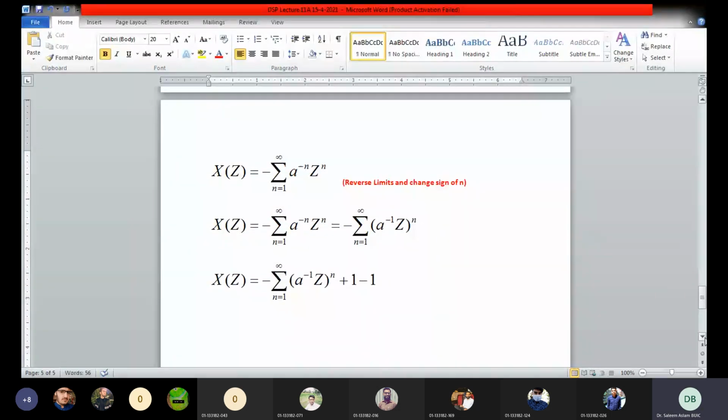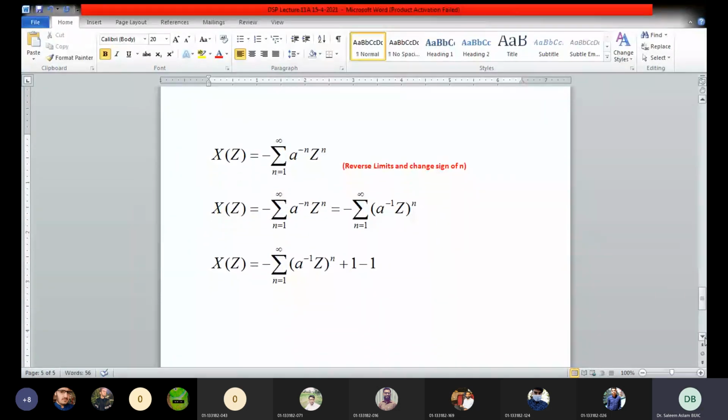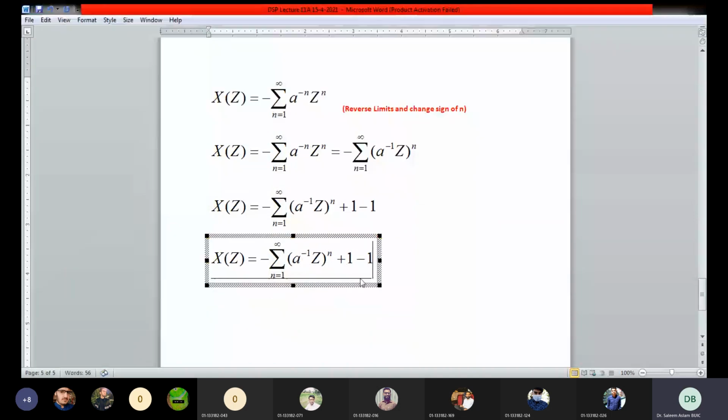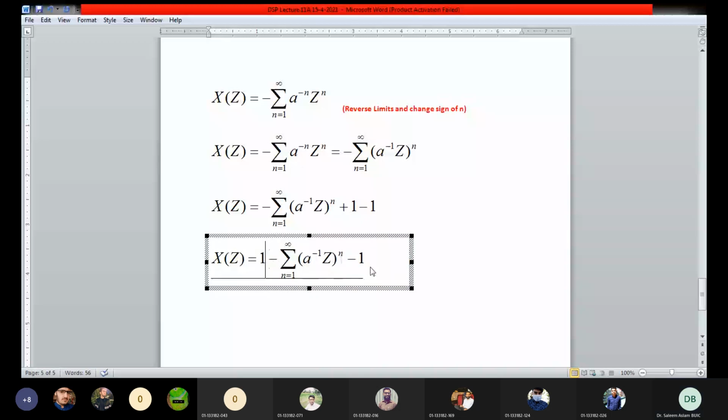So let me bring this plus sign on the left side. Let me copy what I am trying to do. I'm trying to bring this plus sign here, 1 minus. So 1 plus minus 1, it is the same. So I am trying to do the next step,